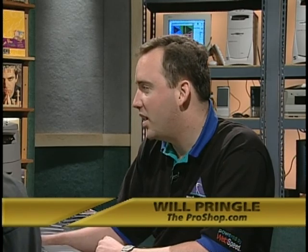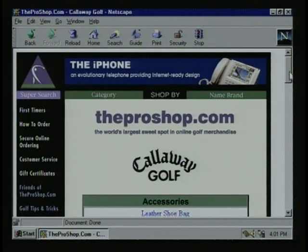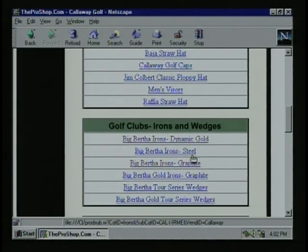Why don't you first of all show us your website a bit, and then tell us how you solved some of these problems with WebSpeed. Okay. Well, this is our website here. We're going to browse by name brand into Callaway Golf. So you're a web-only store. Right, web-only store. We split up the products into different